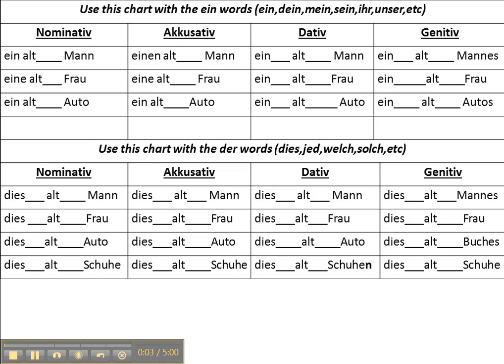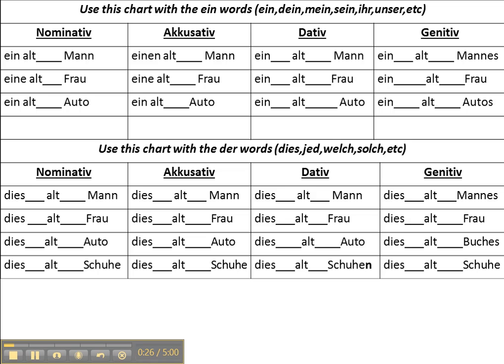Today we're going to talk again about how to decline and use der words and ein words. So I've got this chart which we want to start with again today, like we did on our previous video discussing this, because it's very important that you memorize these endings when you're working with the cases and with these